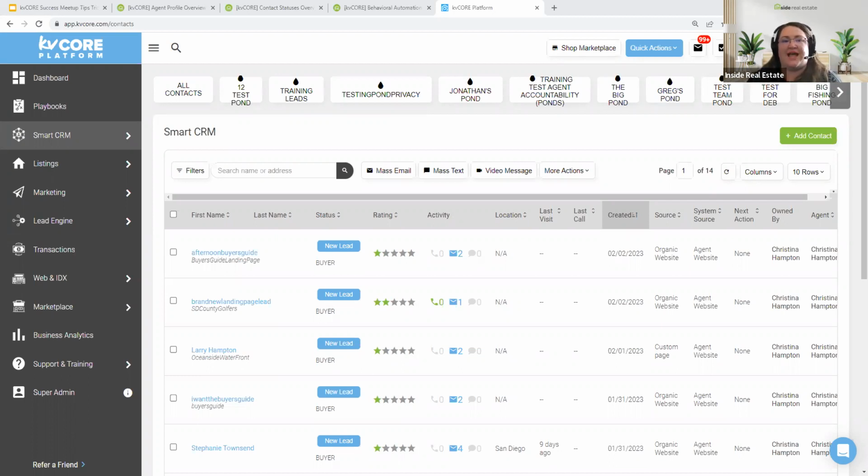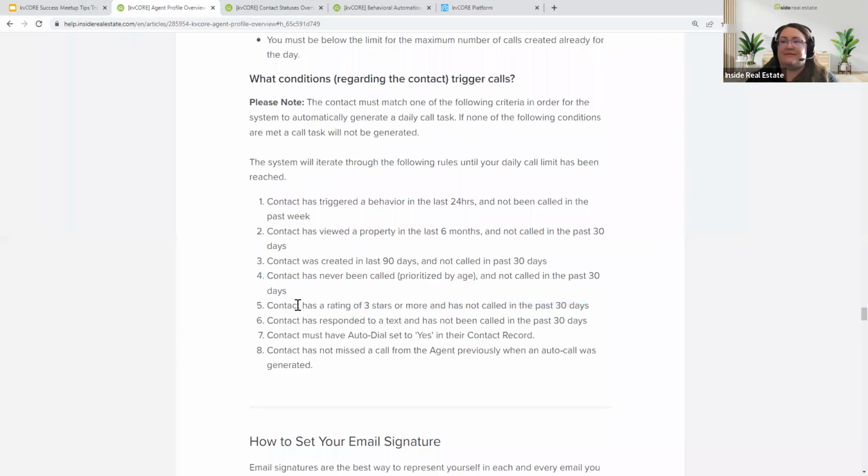If their last listed purchase price is below the estimate of their current home, that means they have equity, right? So in order to get more of our contacts to have 3 stars, we want to make sure they have a really thoroughly filled out profile, right?